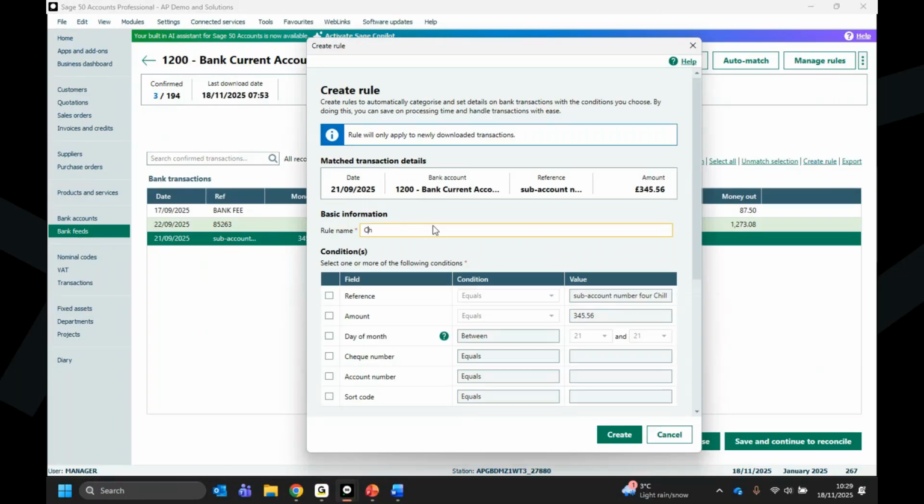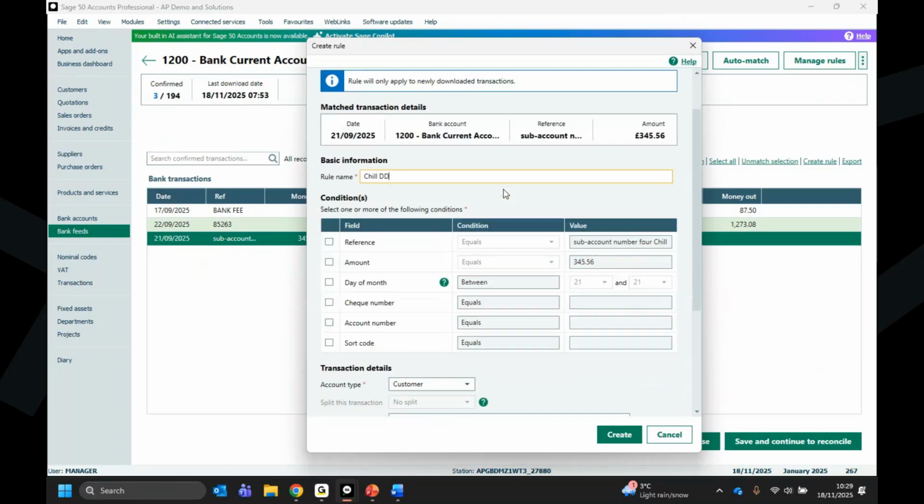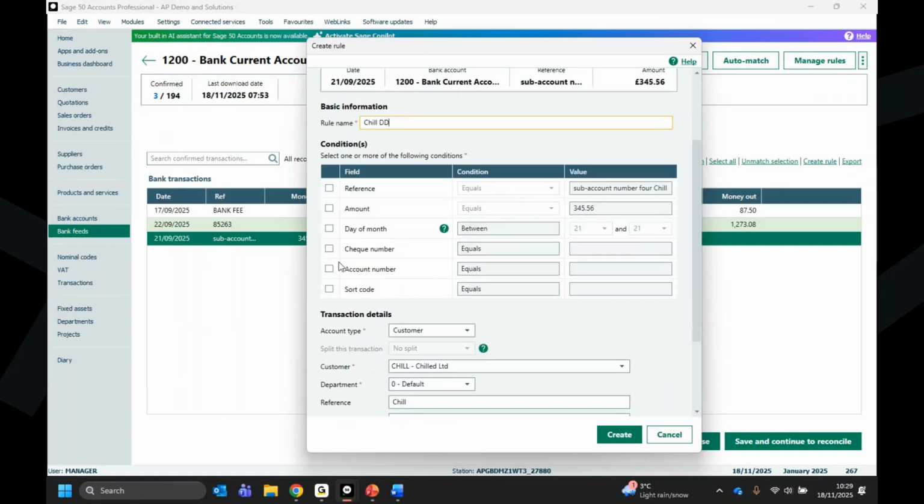We'll call this a direct debit, so we'll just do the direct debit. Again, criteria, you might want to be using account number and sort code. It might be that the value doesn't always stay the same. So it's entirely up to you what you want to choose. Again, I'm going to go by